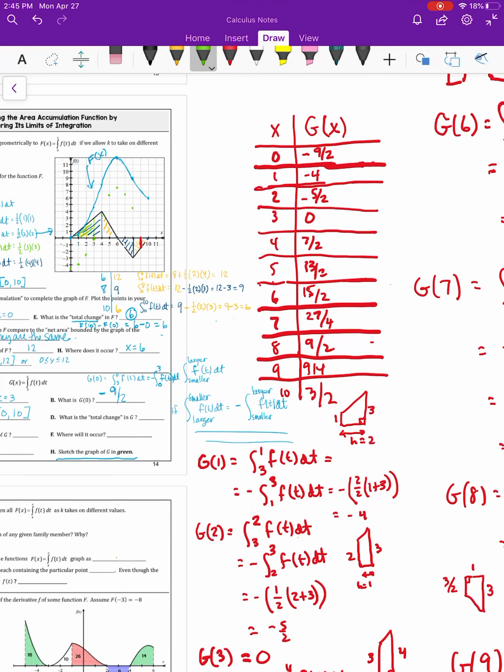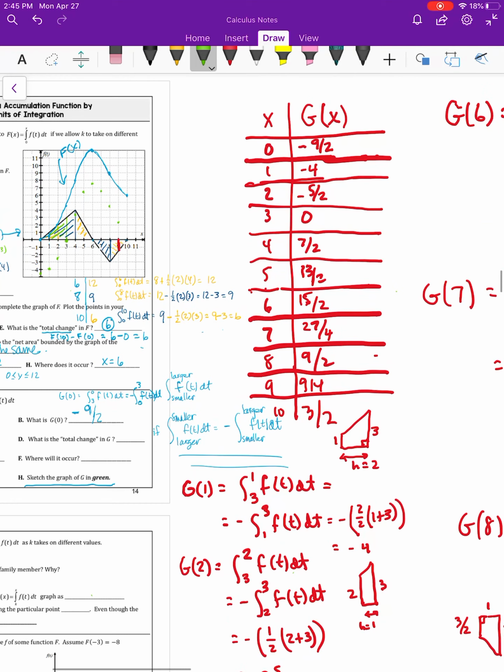Oops. And 10 is 1.5. So if I connect these